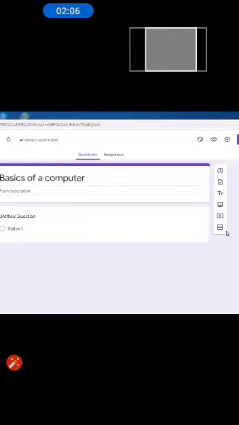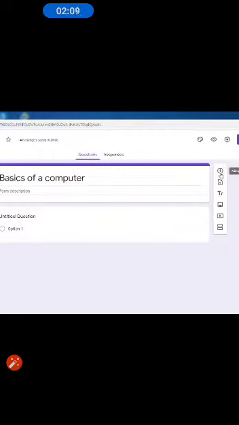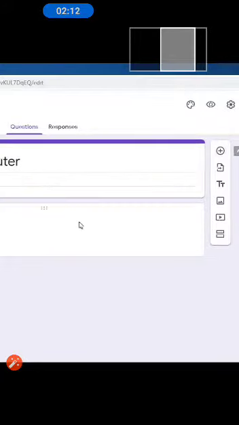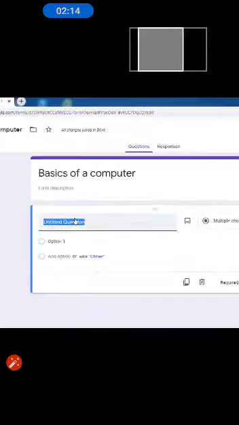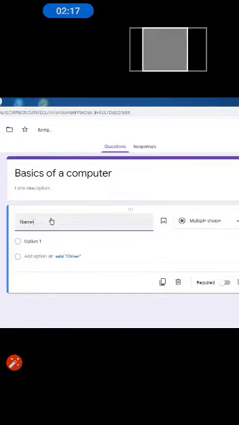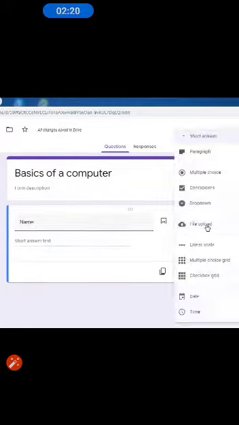and now we start typing the questions. We find here there are many options, many icons are here. First one, we give the question, your name. I want to know the name of the student. We find here it's a short answer question. There are so many options for giving the answer. So I choose here short answer because a name is always a short answer. After selecting that, we select on the required button because we want to know the name of the student.